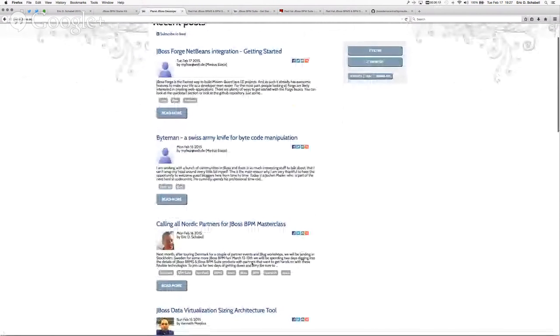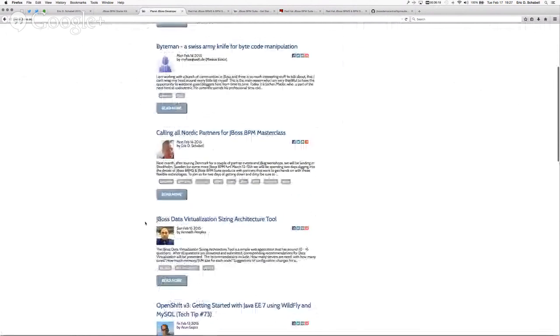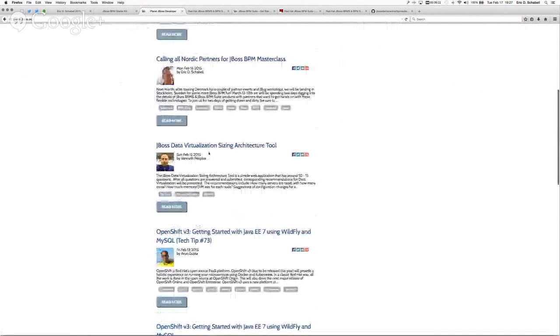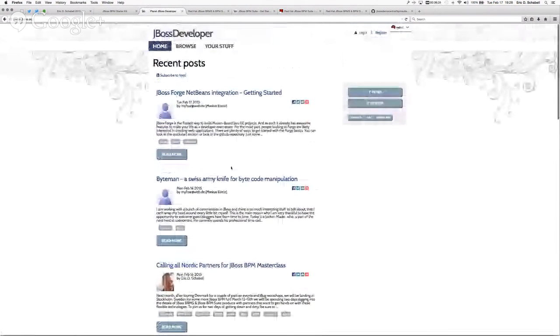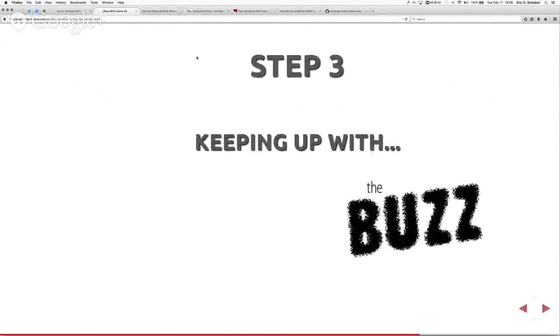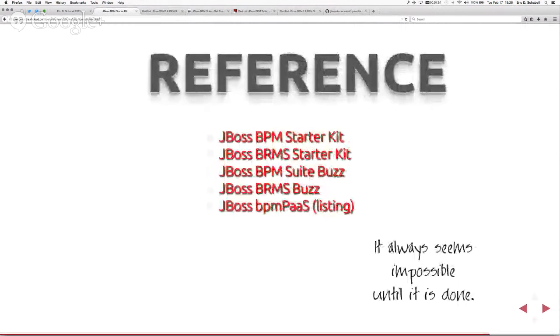As you can see, that's me right there. These are all the feeds related to the various aspects you hear, JBoss data virtualization. A lot of project stuff is also mixed in here, but you're seeing more and more of the products being pushed inside of here. Okay, so this brings us to the end of the walkthrough that we have here for